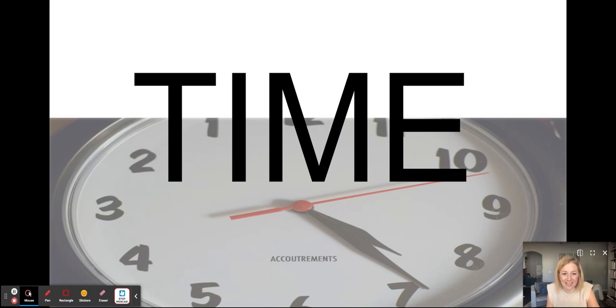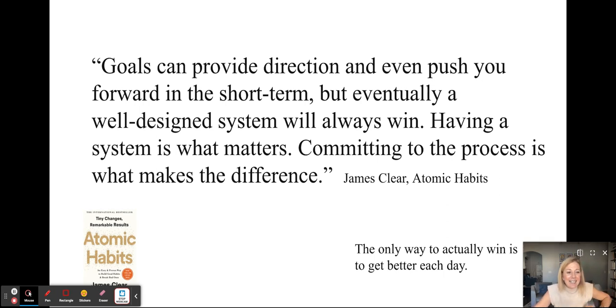And so the second thing, we have to spend the time anyway. So why not use that time in a way, again, that is going to support continuous growth, and the achievement of our goals? The second thing that I want to address in terms of evaluation is this connection to our habits. So when you become a leader, whether it's school or district, evaluation is, I kind of equate it to